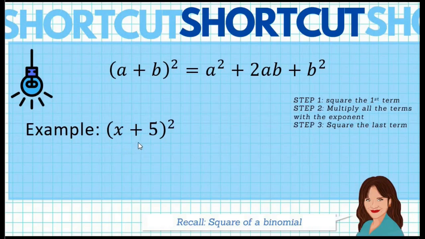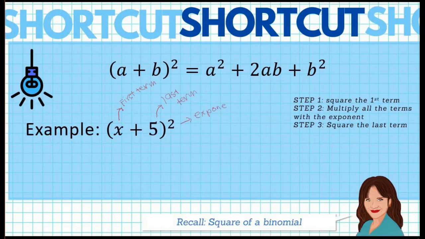We have the binomial x plus 5 and it is squared. So how do we do the shortcut using the concept of square of a binomial? Step 1, you square the first term. Step 2, multiply all the terms with the exponent. Then lastly, step 3, square the last term. So when expanding a binomial, we should be having as a result a trinomial. So let's first identify where is the first term and the last term given this binomial. So x is the first term, while 5 is the last term in the binomial,